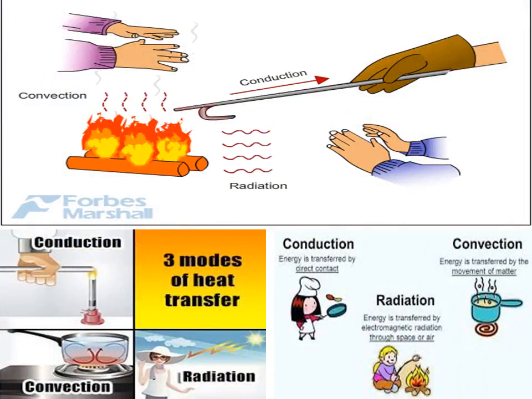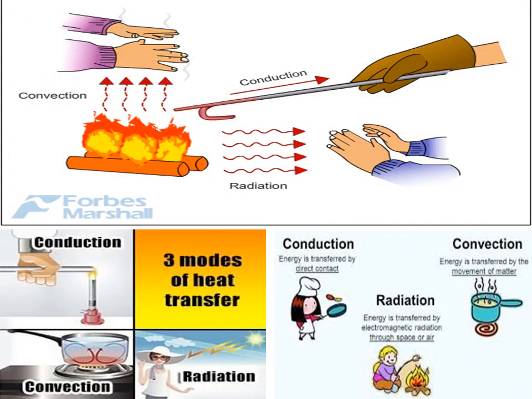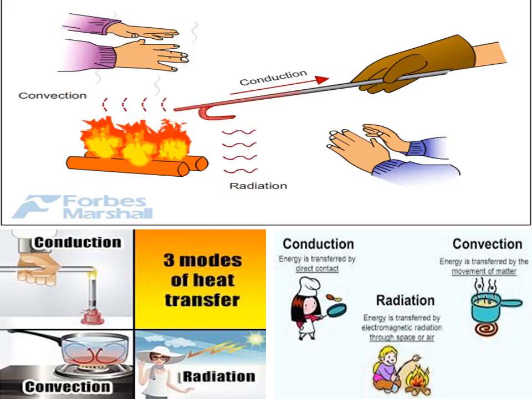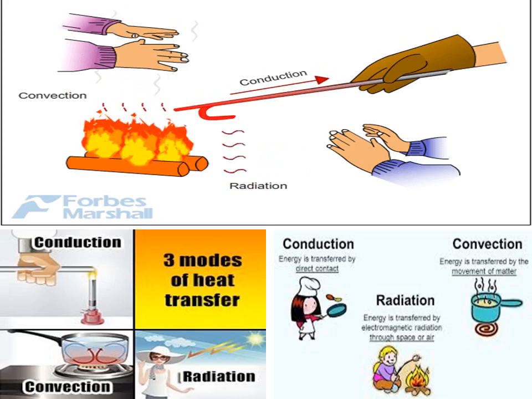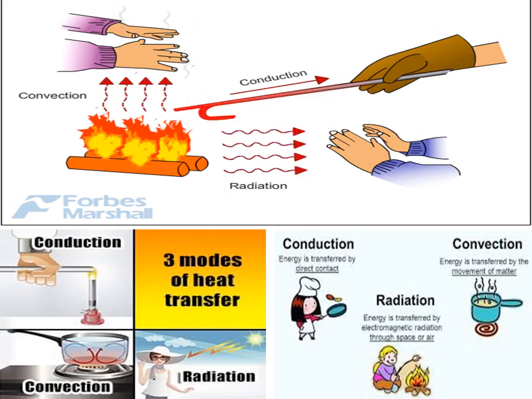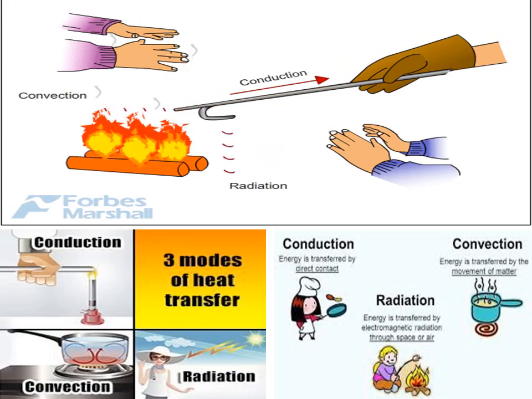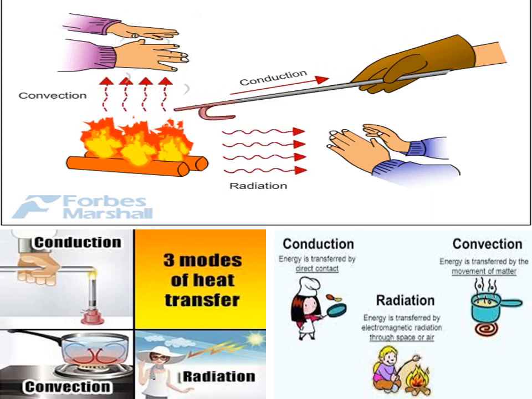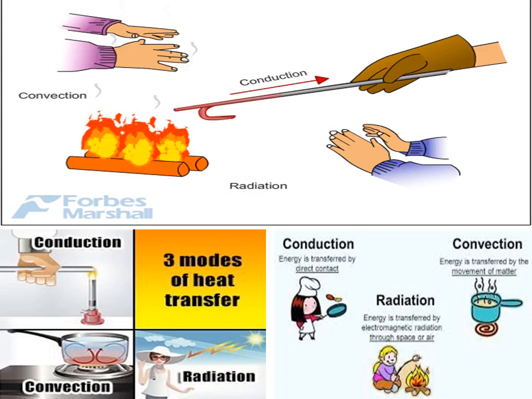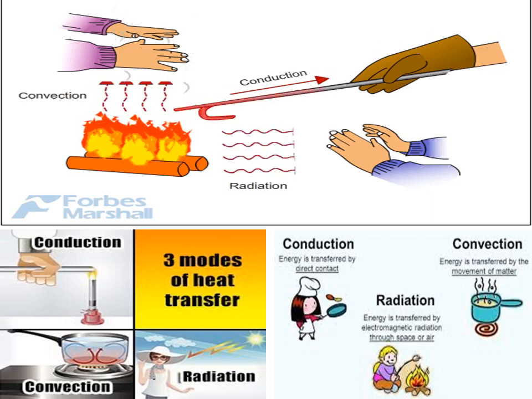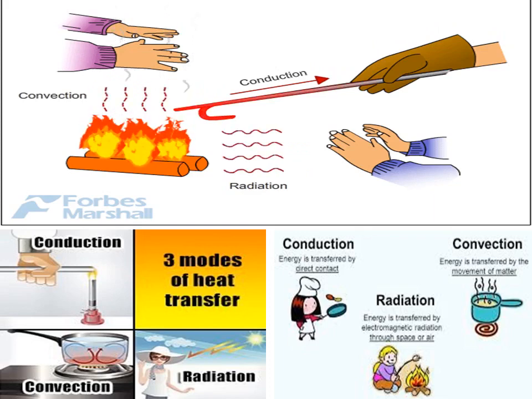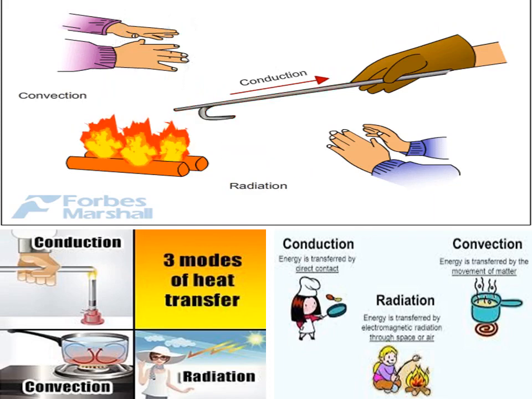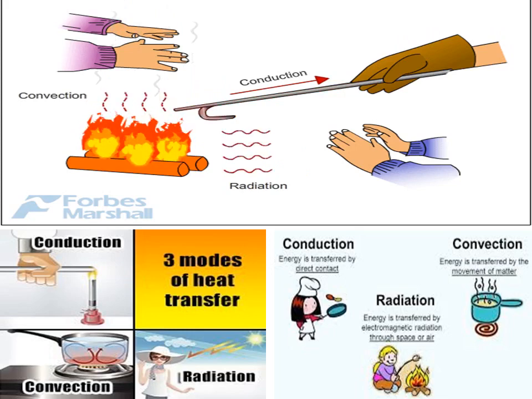Three modes of heat transport. Students, as I said, heat can be transferred from one object to another by three modes. So what are the three modes? Yes, conduction, convection and radiation. Conduction means energy is transferred by direct contact. Convection means energy is transferred by the movement of matter. And radiation, energy is transferred by electromagnetic radiation through space or air. So now,